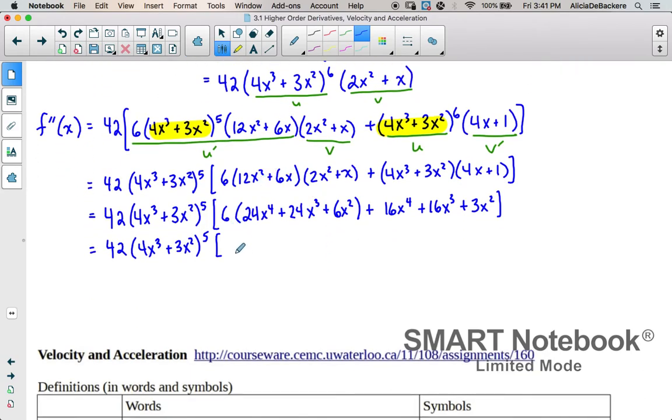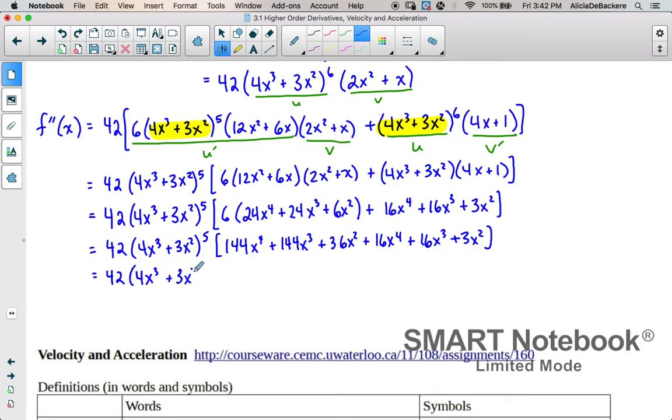All right, so I'm going to multiply the 6 in here, and so what I get then is 144x to the 4th plus 144x cubed plus 36x squared, and then everything else is just tagging along. And now I'm going to collect like terms in that last bracket. The simplification on this one's a bit of a drag. So we've got 160x to the 4